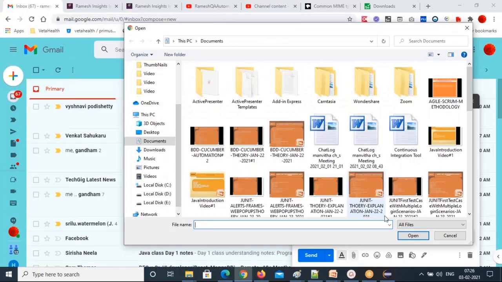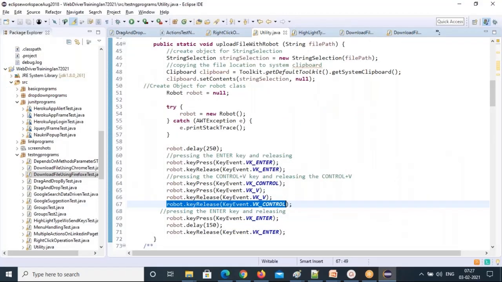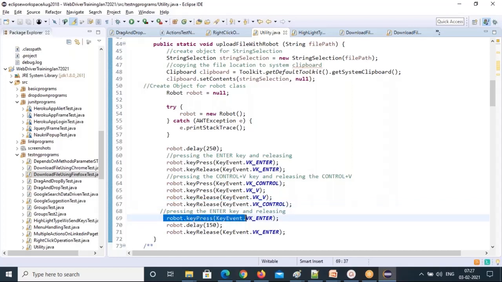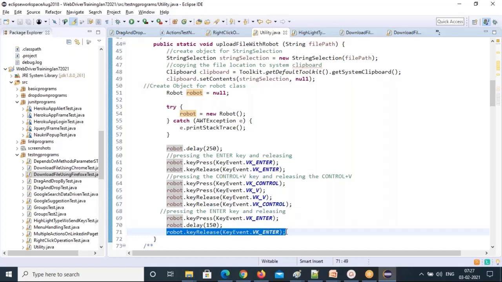After pasting here, you need to press the Open button, because the cursor is on the Open button only. If you press, it will close, right? And I'm pressing that Enter key. Robot dot keyPress KeyEvent dot VK_ENTER. So do some delay and robot dot keyRelease KeyEvent dot VK_ENTER. So this is how you can upload the files using the Java Robot class.